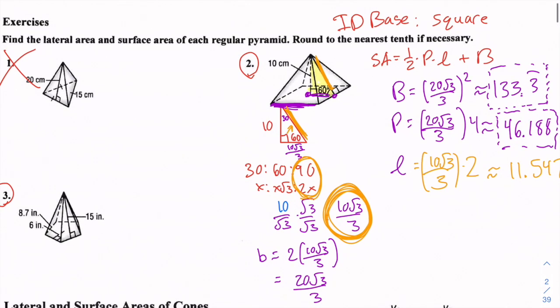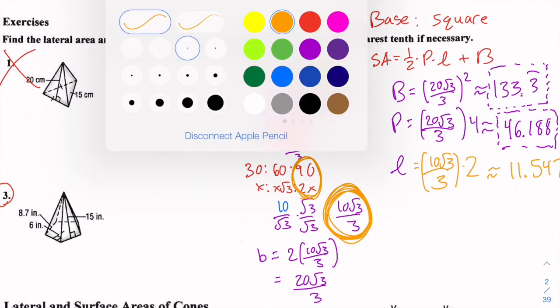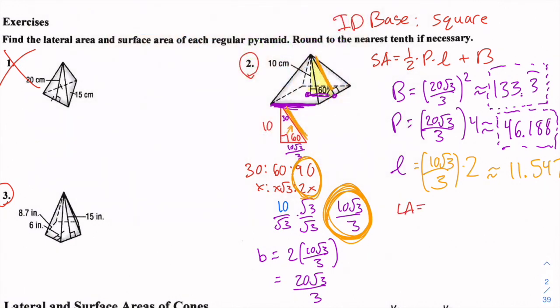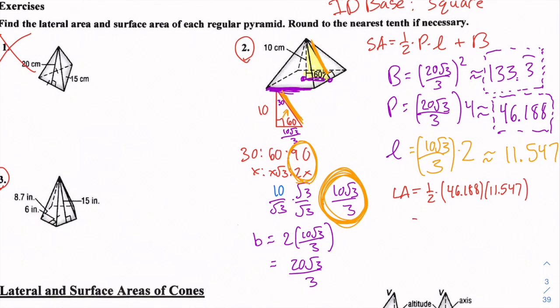And now we can finally put everything together. So my lateral area is 1/2 times the perimeter of my base, 46.188, times the slant height, 11.547. This will end up being 266.67 centimeters. It was 67, but I'm going to round it to 266.7 centimeters